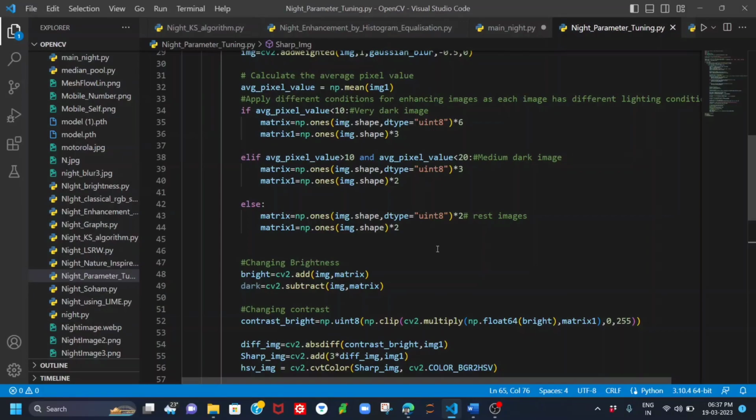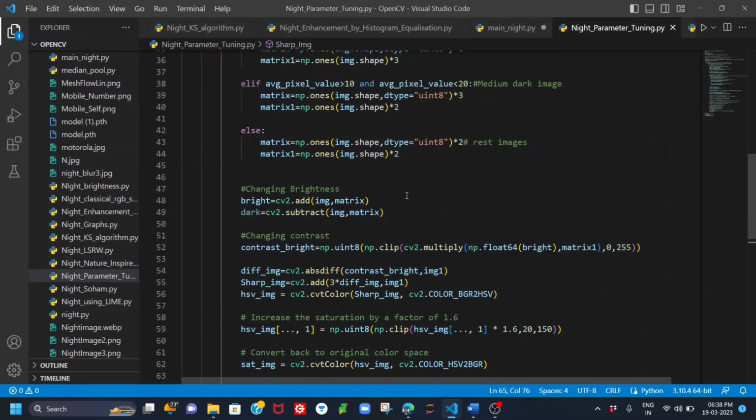Next, we are going to calculate the brightness of the image using cv2.add function and subtract function. Then we adjust the contrast of the image. Then we are going to calculate the absolute difference between the contrast adjusted image and the original input image. From this, we are going to create the sharp image by adding 3 times the absolute difference between the original image